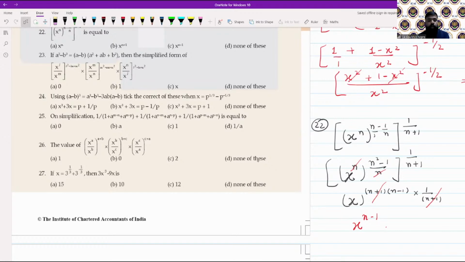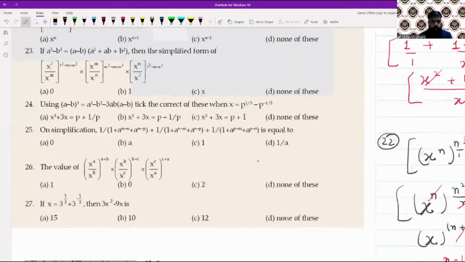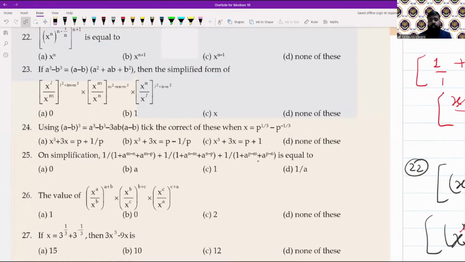Now, question number 23. Now, whenever such kind of questions come, that means they are in a cyclical order. And whenever they are in cyclical order, each and everything will get cancelled and power will become 0. And anything to the power of 0 is always equal to 1. So let us understand this with question number 23.